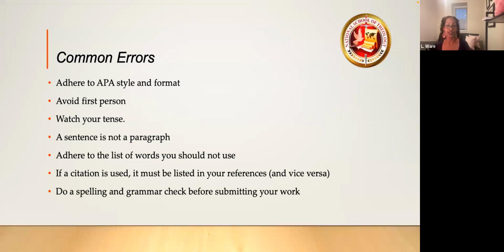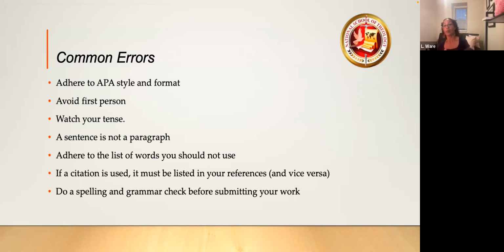Adhere to the list of words you should not use. Okay. Often I see a lot of that. I see a lot of as well as. Go back and look at that list. Some of these words are just not necessary. And again, you're going to keep doing it until you stop doing it, until you start making it a habit. It's going to take time, but I'm going to mark it every time I see it. Don't take offense, but the more I mark it and the more you change it, the more you'll get in the swing of changing it. Okay.